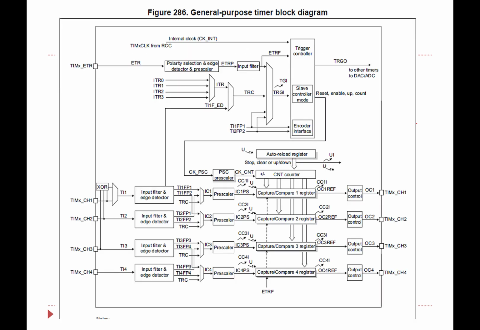So in general, here's the block diagram of the timer. You see lots of different things within this. Here are the timer channels for a particular timer. There are 4 channels, which should make sense because we have 4 capture and compare registers, and you see that they all look similar here with the edge detectors and the filters and so forth. So here are the capture and control registers that can capture the data